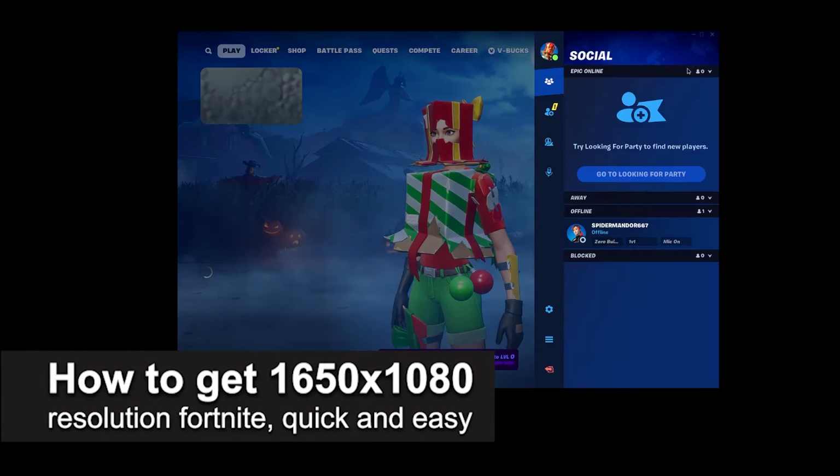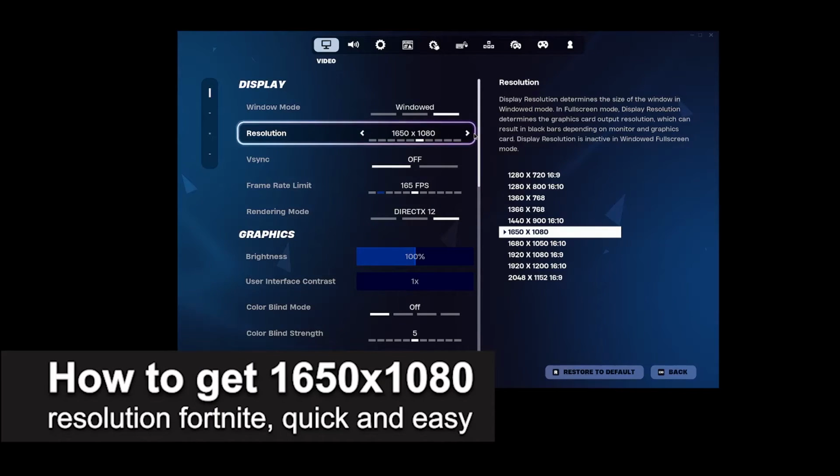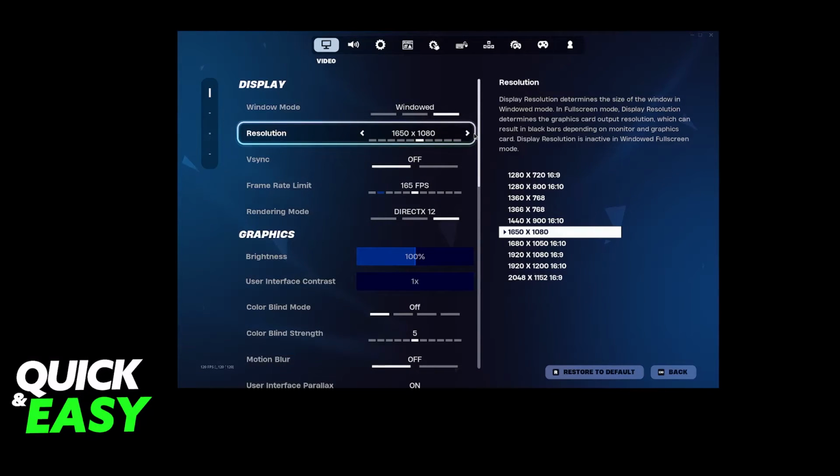In this video, I'm going to teach you how to get 1650 by 1080 resolution in Fortnite. It's a very easy process, so make sure to follow along. I'm going to teach you how you can easily set up a resolution of 1650 by 1080